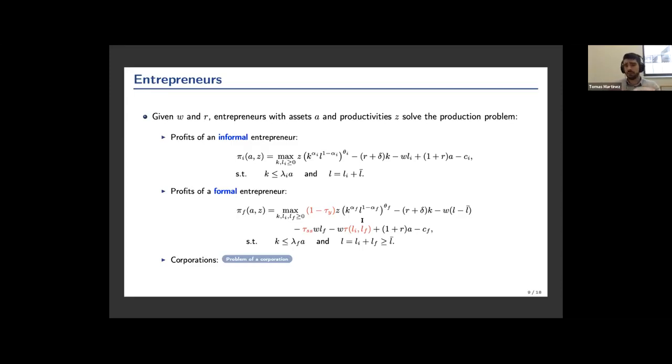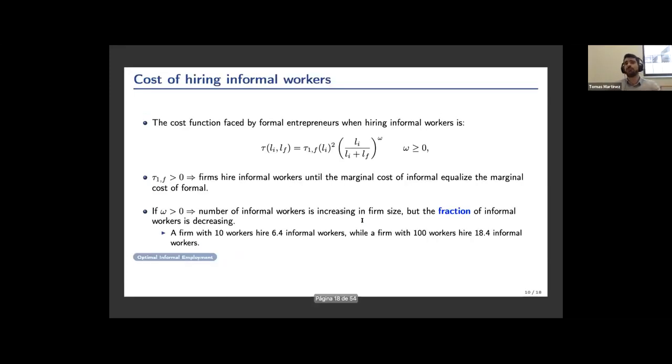Now, this is very important. So let me go into detail of this tau function. Basically, this tau function is going to comprehend the cost of hiring informal workers, right? So this is convex in the informal part, but potentially is decreasing informal workers. So what this means is that this firm would basically hire informal workers until the marginal cost of an additional informal worker equalizes the marginal cost of a formal